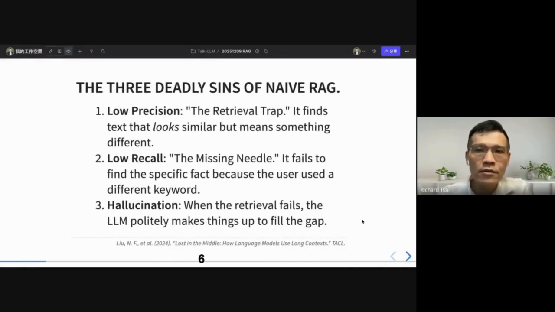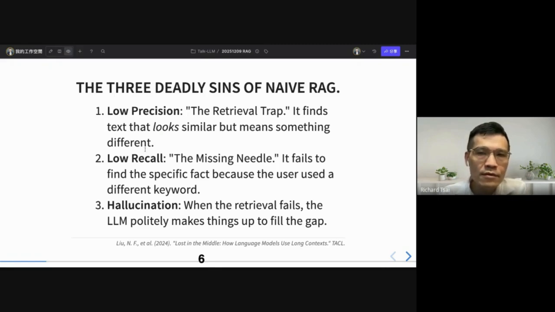Then we are going to talk about the 3 deadly signs of naive RAG. First, it has low precision. This is called the retrieval trap: it finds text that looks similar but means something different.